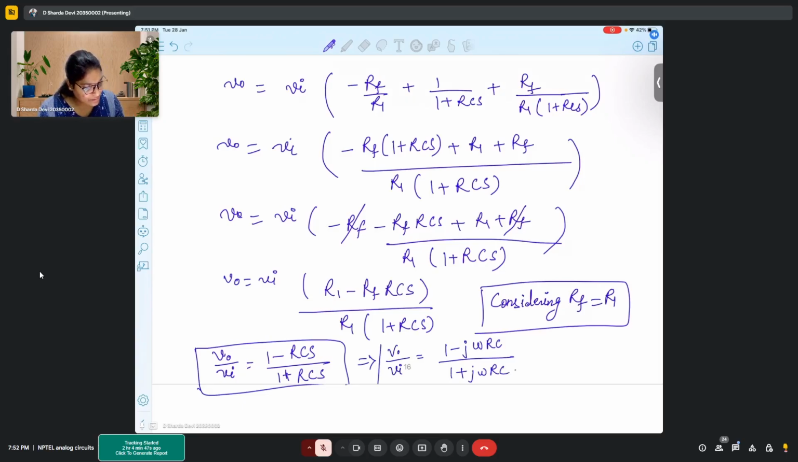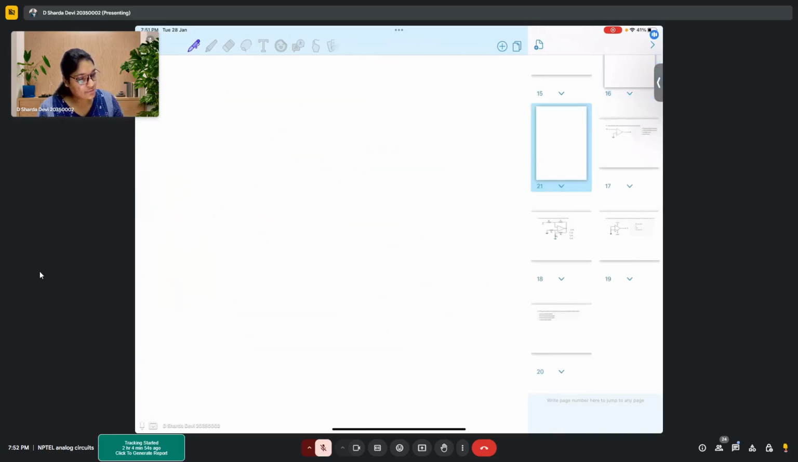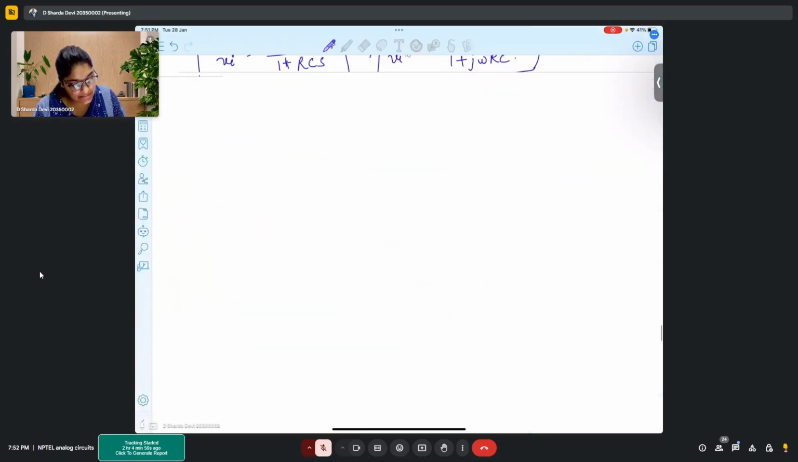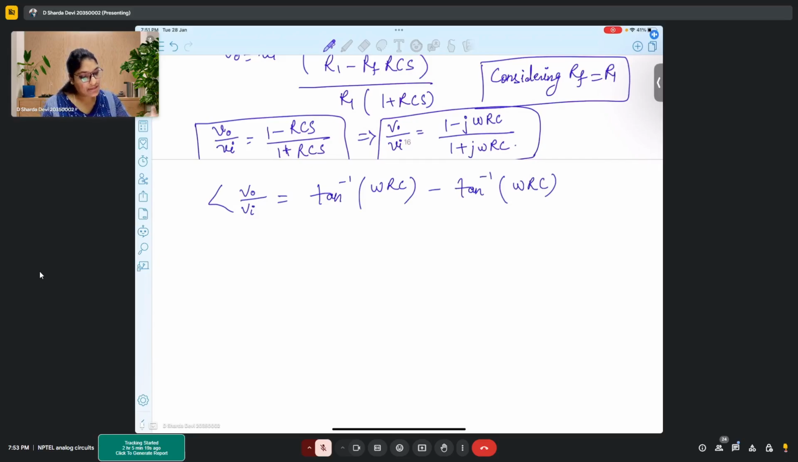Now you know how we write phase, right? If you have complex numbers, how do you write the phase of those numbers? So I want to find the phase of V naught by Vi. So how do I write it? It's tan inverse omega RC minus tan inverse omega RC. But okay, so here it is,